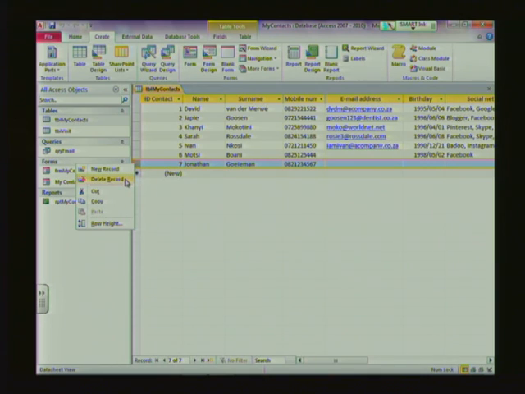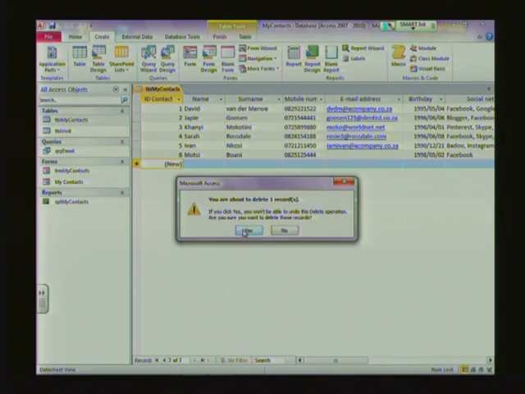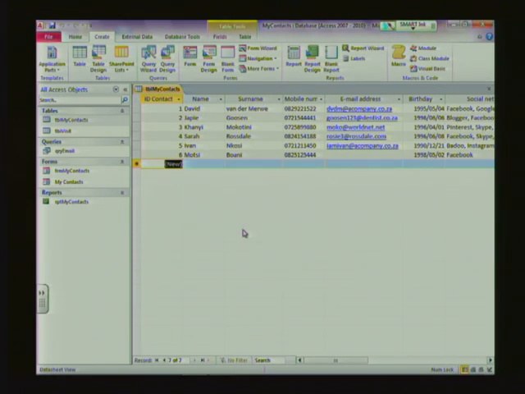select Delete Record. You'll find a warning that asks you whether you are sure you want to delete this record, as this would be permanent and you cannot undo this action. So just say yes. And also note that the primary key that was used, which was a number 7, won't be used in the database again, as it was set as a primary key, so it was unique to that